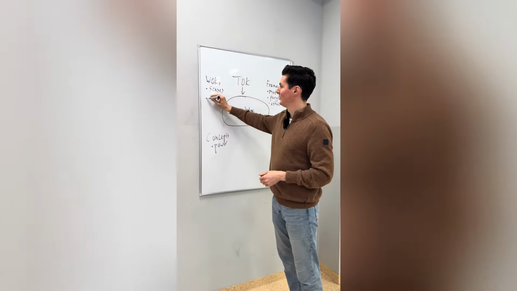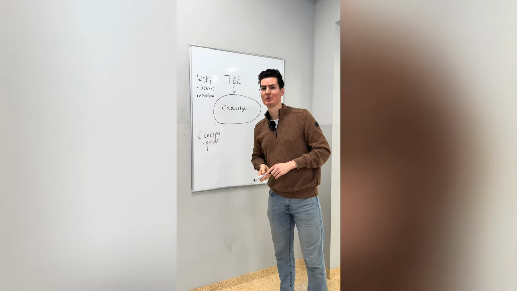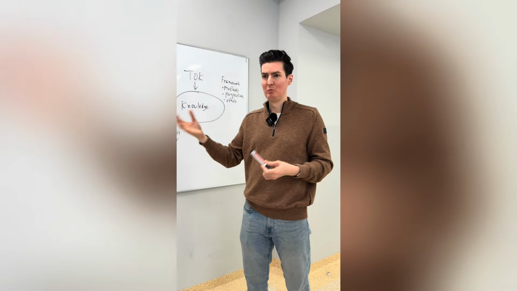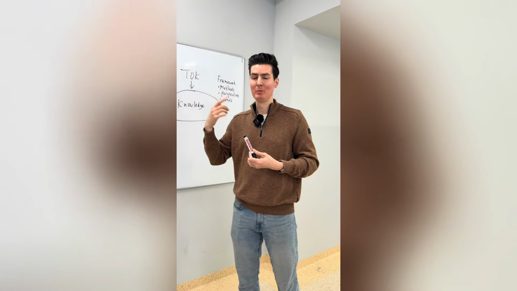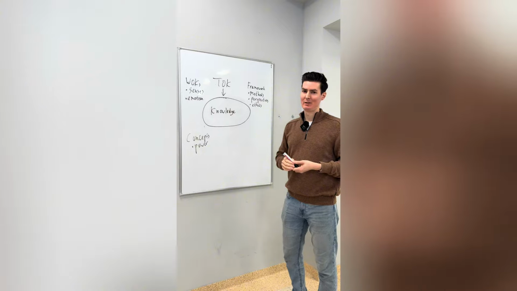Another way of knowing is, for example, emotion. We can use our emotions to figure out what people are feeling. So we can see and know that someone is sad. Although we don't really know, we cannot look in someone's brain, but we learned that. So TOK focuses on loads of different things.